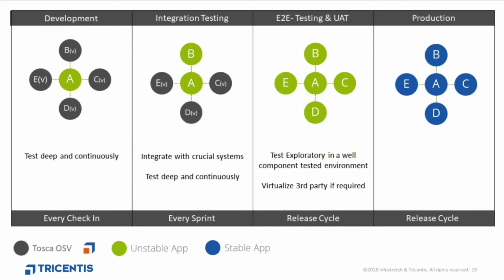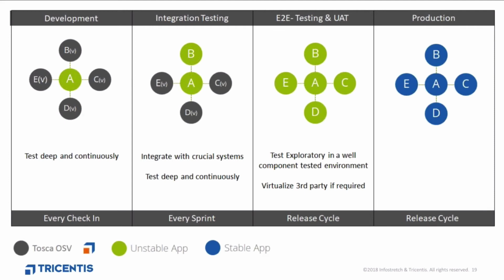So let me show how this could look like. Let's say you are still in development of your application. Most dependent systems are not yet available, possibly still in development as well. And by using Tricentis OSV, you now can remove the dependencies to still be able to run your tests towards your product. In the next stage, the integration testing phase, you add one or several environments and test the interaction between them. But your product is already fairly well tested at that stage and has a way better quality, which is why you can, in that phase, really focus on integration tests only.